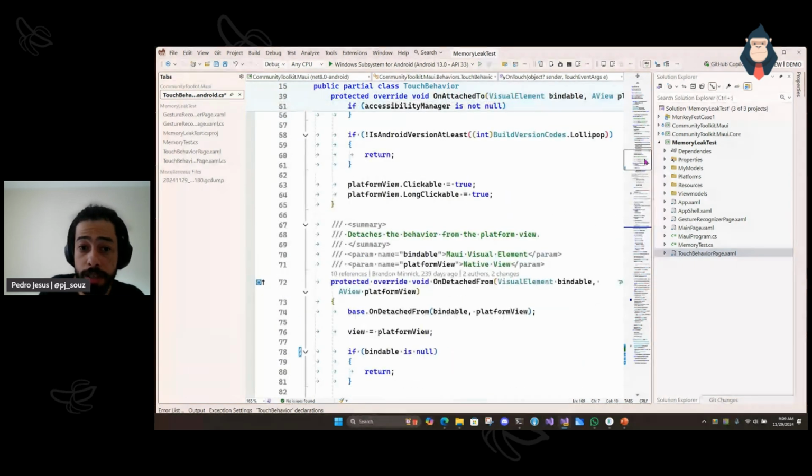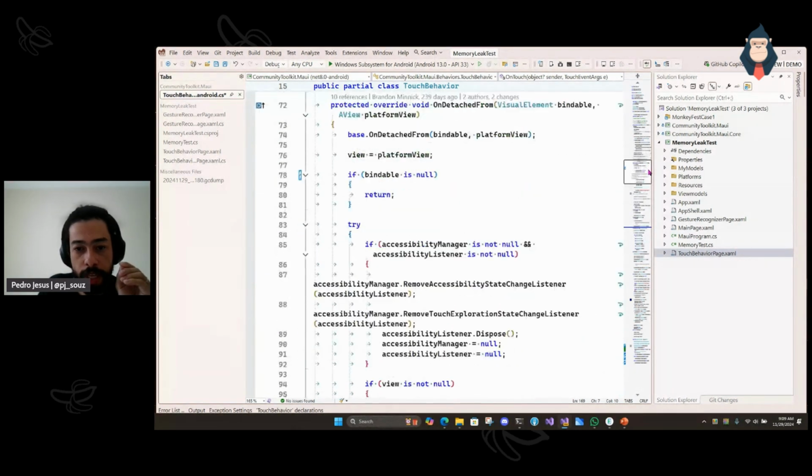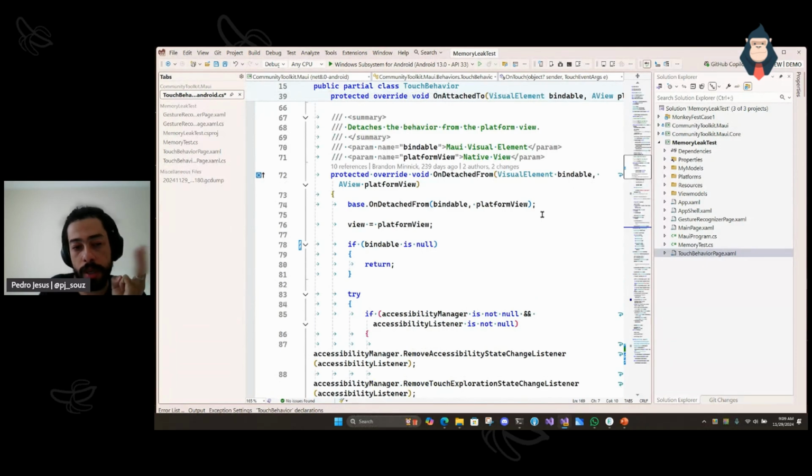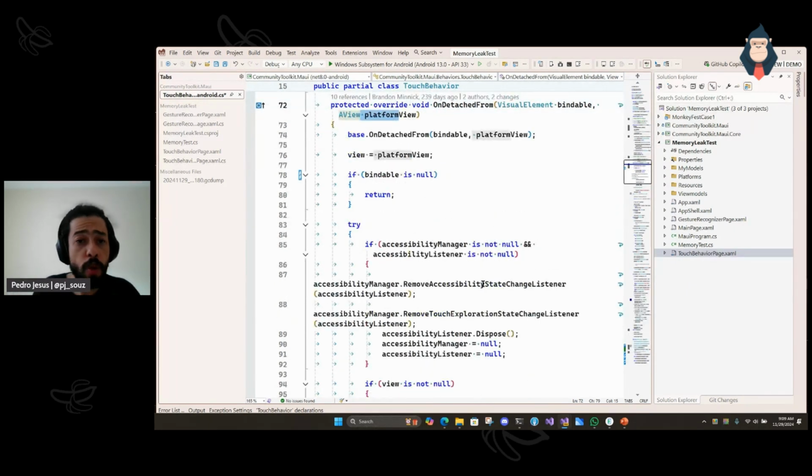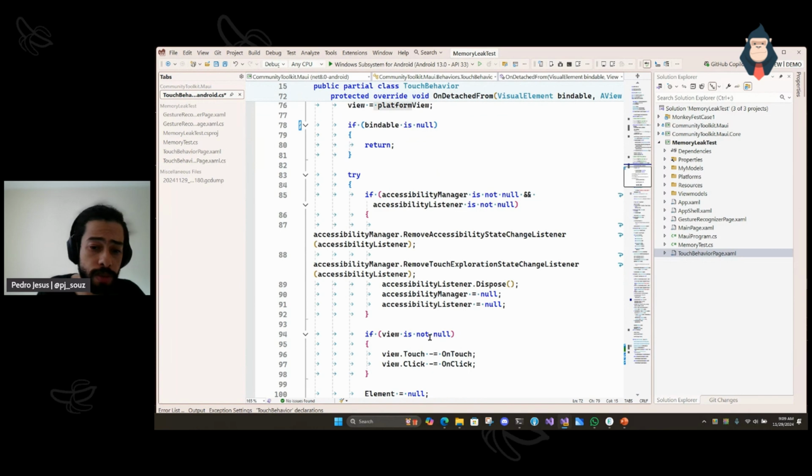And the case is, if you take a look here, we have 3 objects in these houses. We have this visual element, that is the .NET MAUI shared control. We have the Android view, that is the platform control, and we have the touch behavior. And all those 3 elements will have the same lifetime. So if they have the same lifetime, no matter what, then the event handler will not cause a memory leak, because